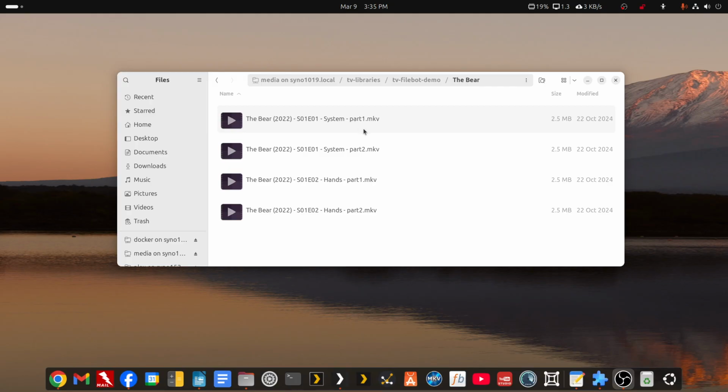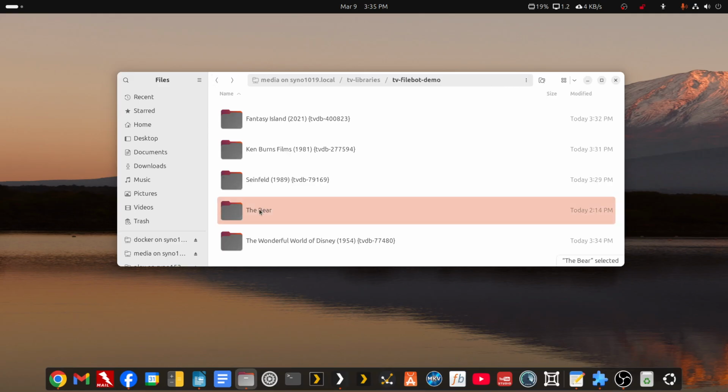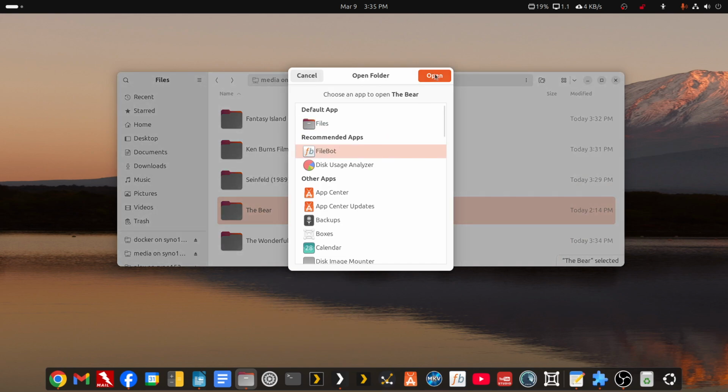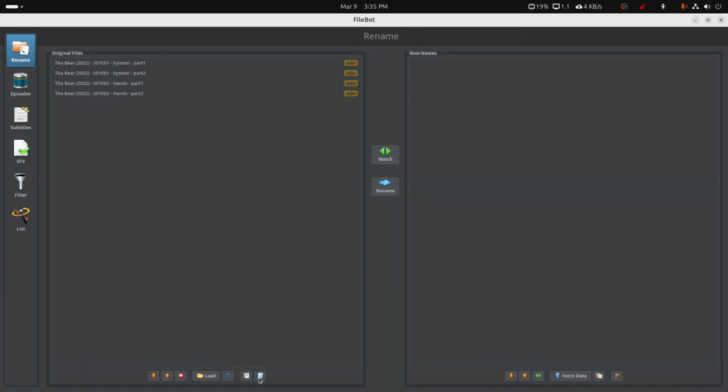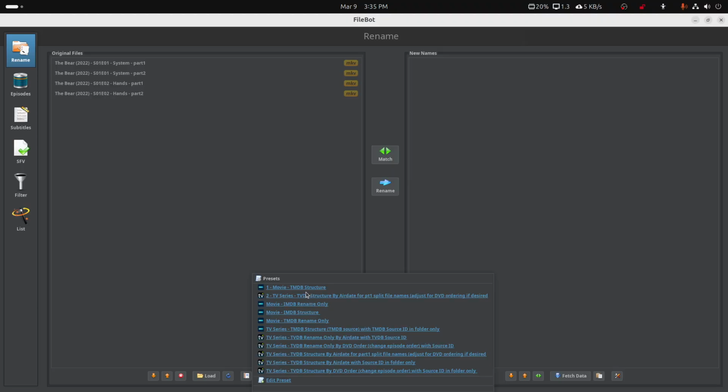If not, it will rename the first of 2 properly as a single episode, leaving the other one behind in the original folder structure, which means you can simply copy it into where it belongs and rename them manually if you're not getting this extra bit of what the expression does. All right, so let's open that with Filebot. And my default expression incorporates that type of split file. So if I use it,